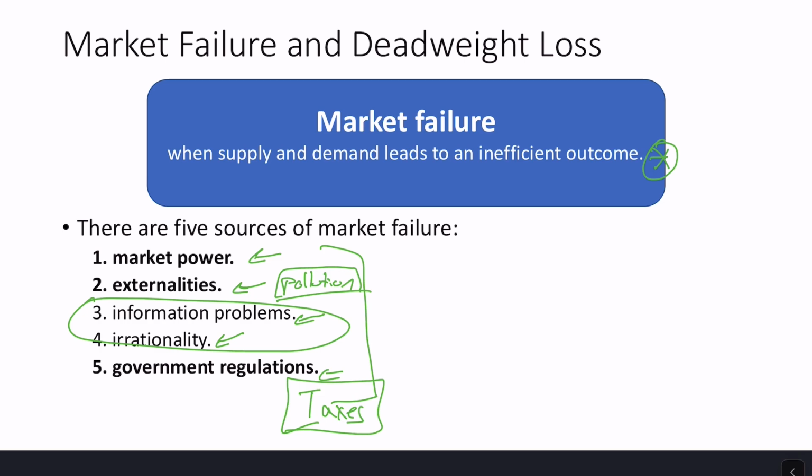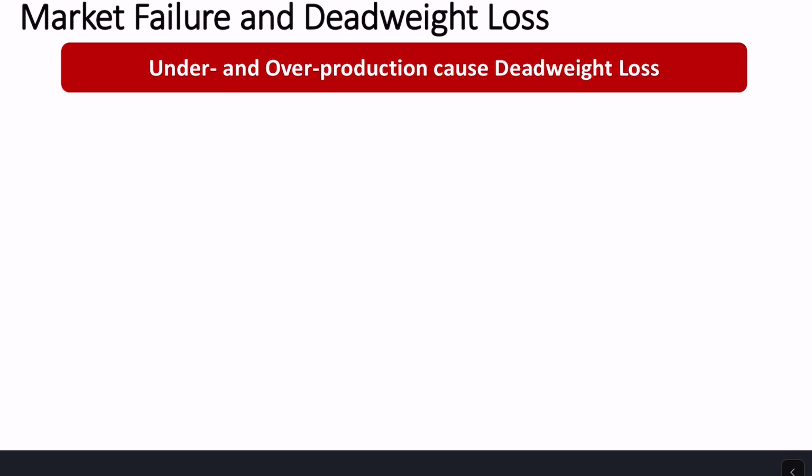Okay. All right. So these are going to be market failures when supply and demand leads to an inefficient outcome. You don't need to memorize this list. We'll go through these in the different modules that you need to know. But I wanted to give you a balanced view of market efficiency and market allocation, right? There's a really pro-market argument by some economists, but there's also this other side of the coin where we need to talk about these market failures when it doesn't work. Okay. Now, more formally here, what you might have to know for the exam is how we think about underproduction and overproduction in what's called a deadweight loss.